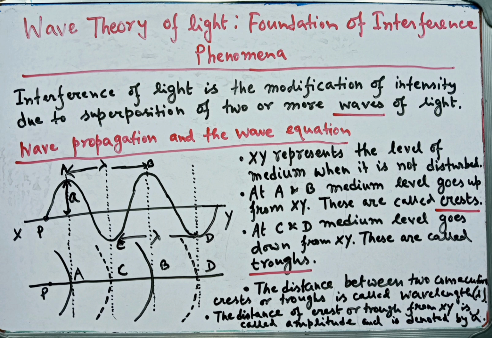Now the distance between two consecutive crests or troughs is called the wavelength, which we represent as lambda, and the distance of a crest or trough from the XY level represents the amplitude, which we denote as a here. Okay,